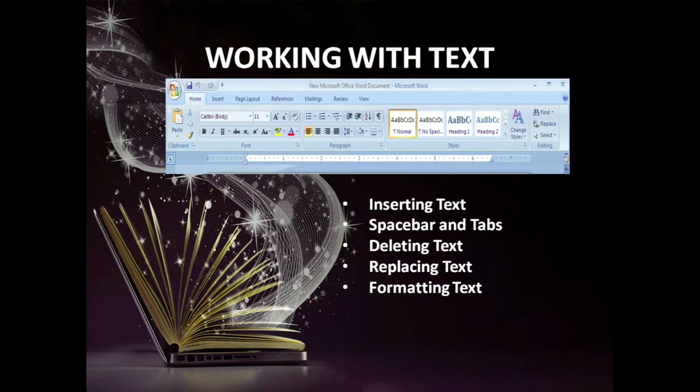For inserting text in your document, you can use the keyboard, which has alphanumeric keys. You can start to type, and whatever key you type will be presented on your screen. Whatever information you want to share with others, you can put it in. Why do we use a Word document?